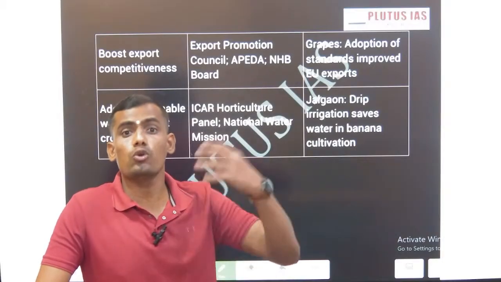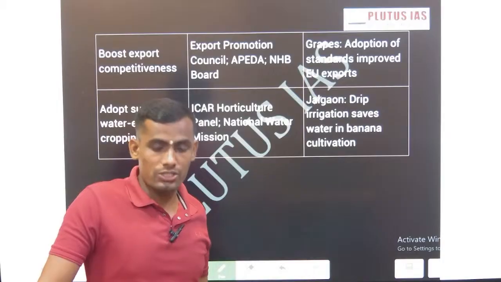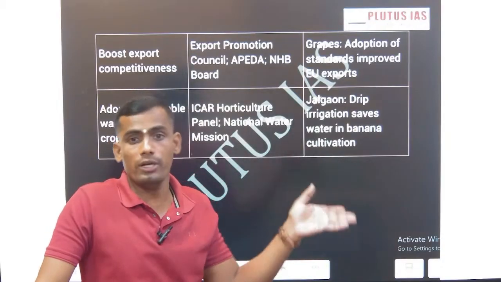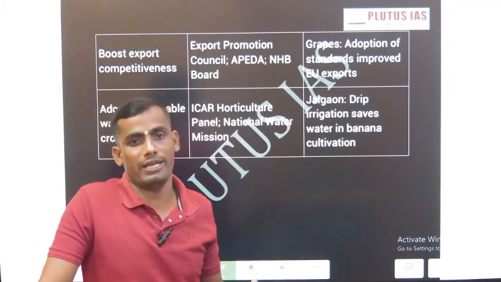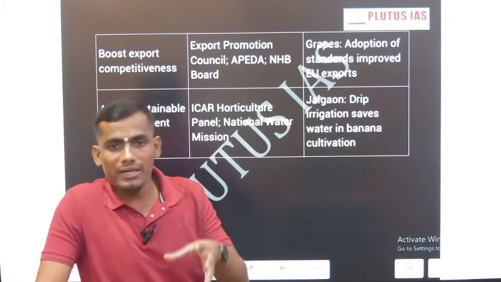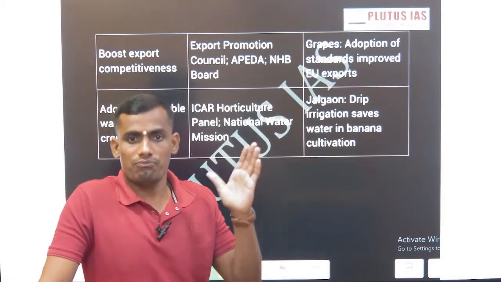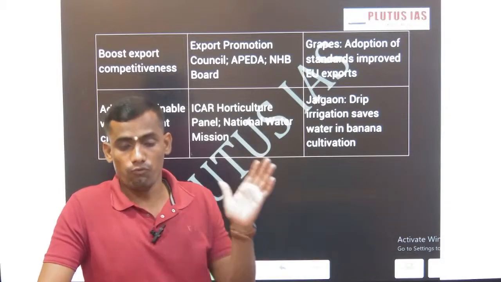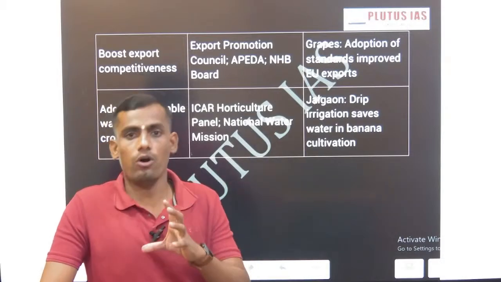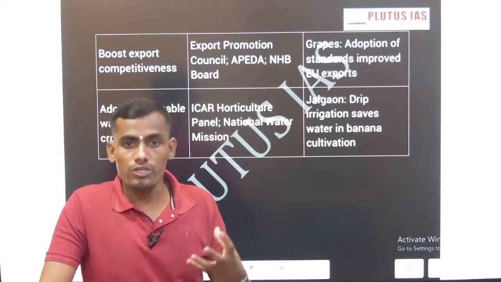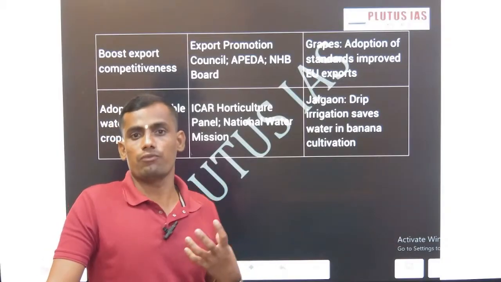We can reach the global market from Argentina to Australia, from Australia to Poland, from Poland to Russia to China. We have the potential in horticulture. It is just a matter of how business agencies, farmers and government work in tandem, work together, and make horticulture a revolutionary stage to support India's vision of a developed India by 2047.